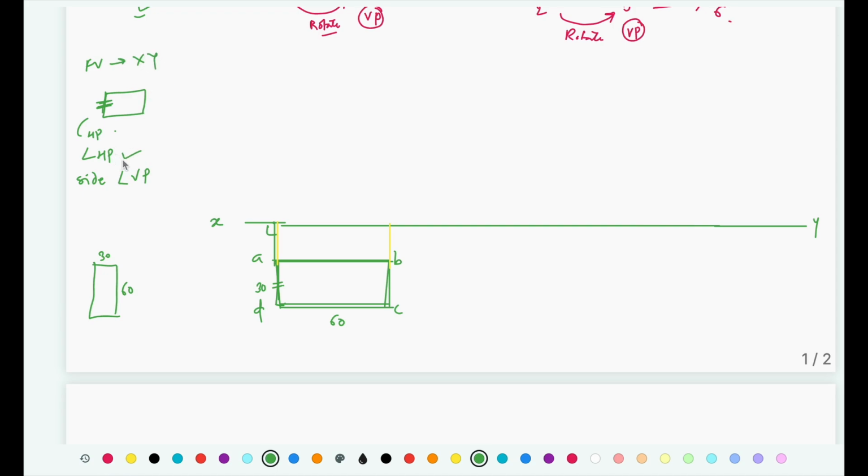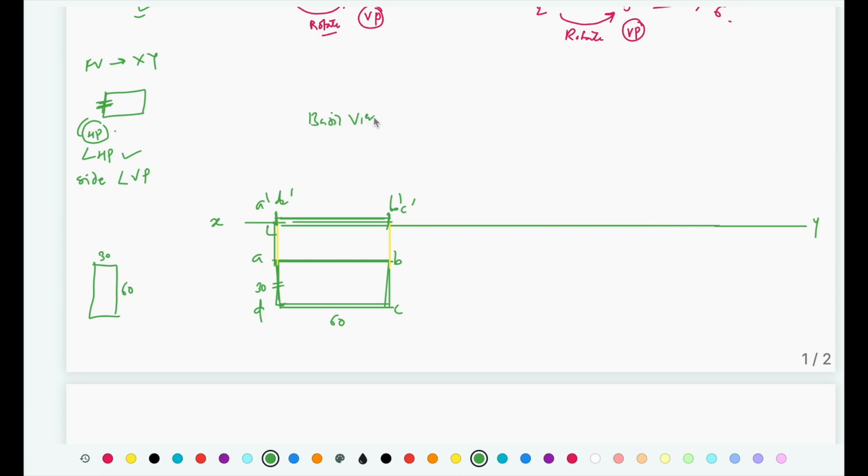We have made it parallel to HP, so now it is completely resting in HP, and for that reason its whole front view is going to be located on XY line itself. So this is A dash, B dash, C dash and D dash. So this is our